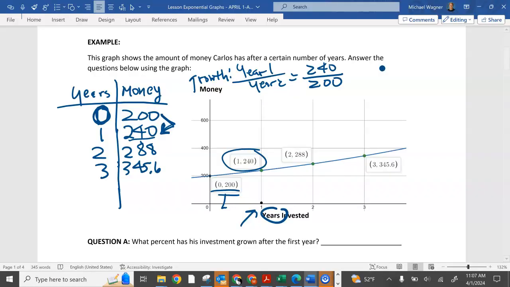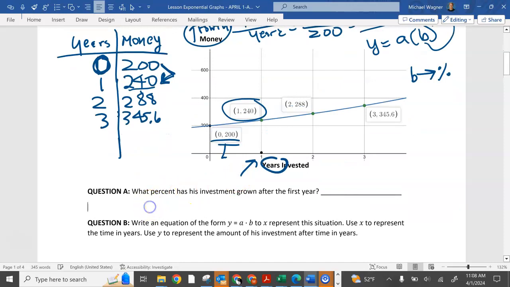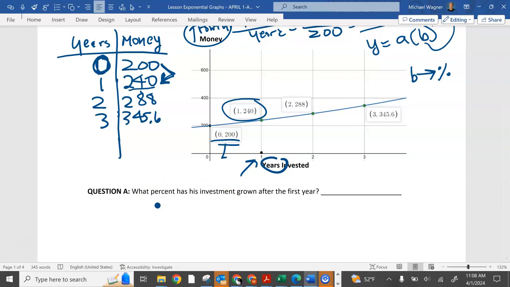Okay, so that equals 1.20. Okay, so what is this percent after the first year? Well, this is the growth. In exponential, this is equal to the b. If you remember, y equals a times b to the power of x. The b is the growth, right? Right here, that's the growth. So we need to get b to get to the percent of the growth. So how do we do that? Well, we're going to take that 1.2 that we got right here, and we're going to go,